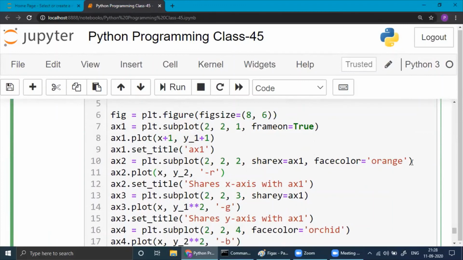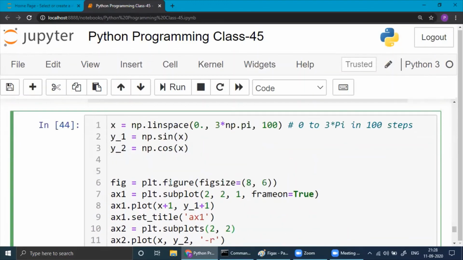Suppose you want to do it. First of all, we need to write 2, 2. Then, okay, we have to start from here.